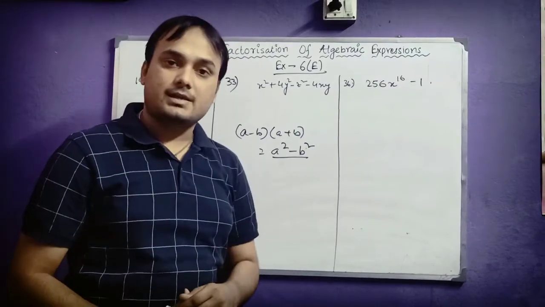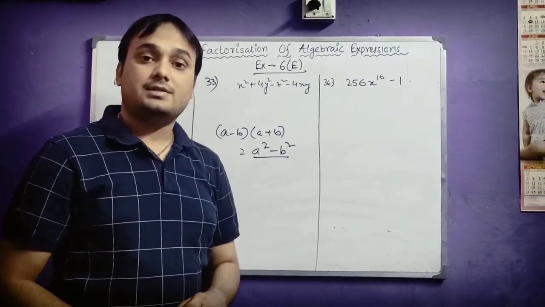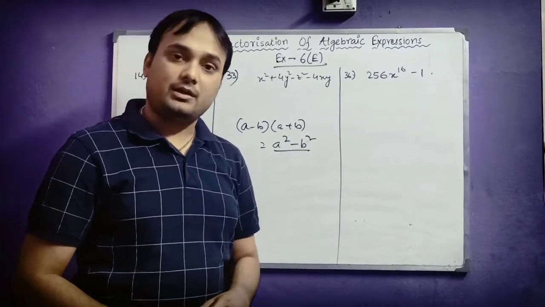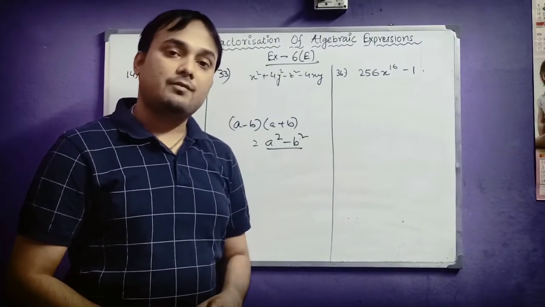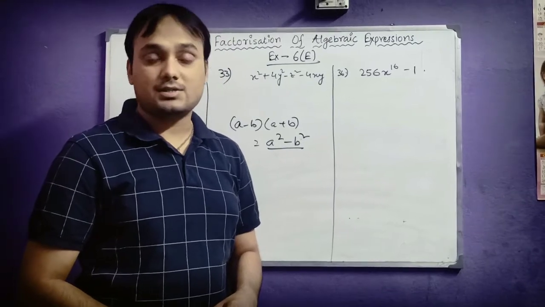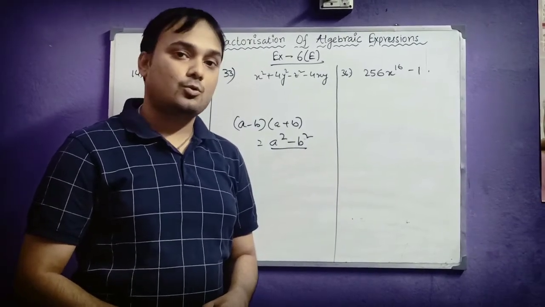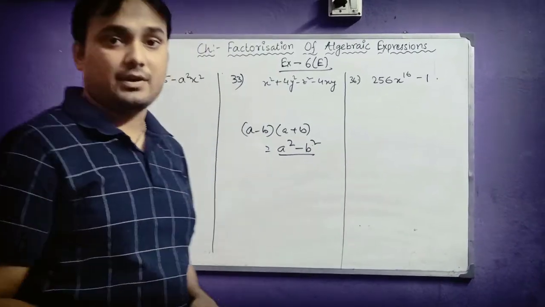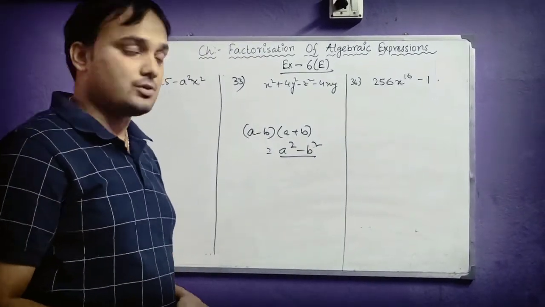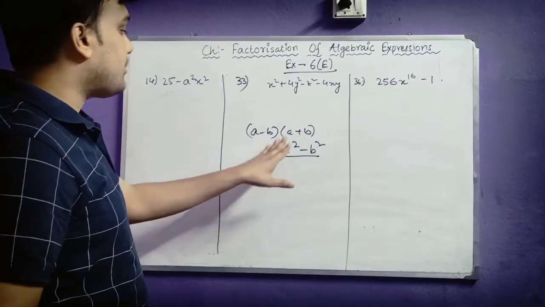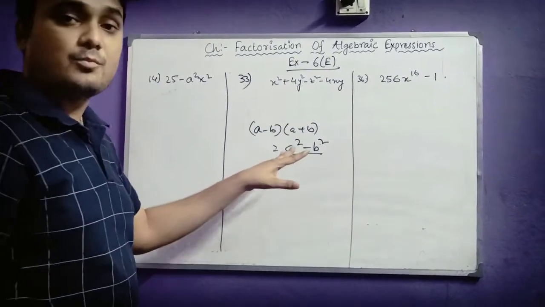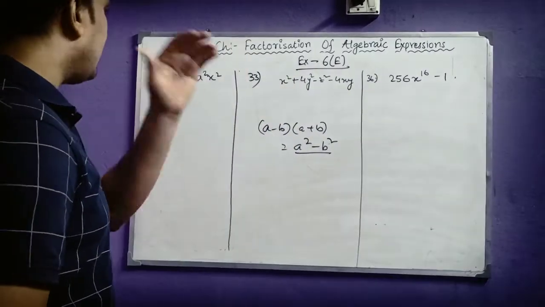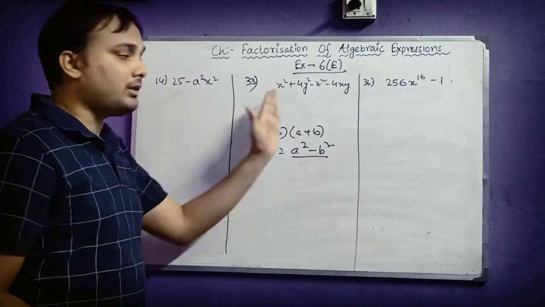And in the next exercise you will be seeing how to do the middle term of the quadratic equations. That middle term is very important, and that will be utilized in your higher classes very much. So students, go through these questions very minutely and very sincerely. These are very important for your upcoming classes also. Okay, so a minus b into a plus b is a square minus b square. This is a prime formula which we will be applying here for solving these questions of this exercise 6e. So I have selected here 3 questions. Question number 40, 33 and 36.